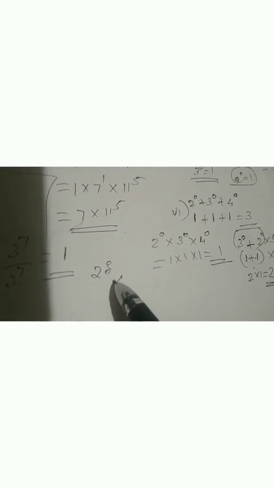Okay, next question is 2 raised to 8 into a raised to 5, the whole, divided by 4 raised to 3 into a raised to 3. Here 4 we can write as 2 times 2, that is equal to 2 squared. So 4 raised to 1 is equal to 2 raised to 2. But here it is 4 into 4 into 4, 3 times. So 4 raised to 3 we can write as 2 raised to 2 instead of 4, 3 times. Now 2 raised to 8 multiplied by a raised to 5, the whole, divided by 2 raised to 2, the whole cube, into a raised to 3.